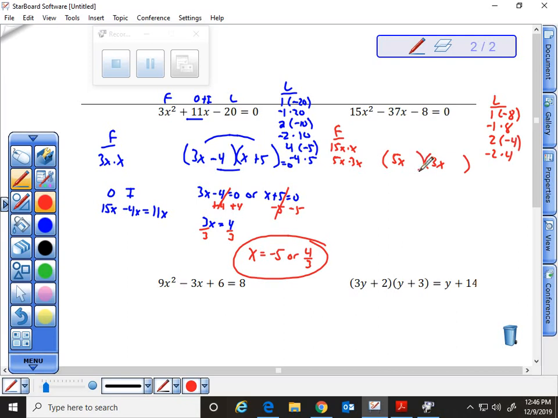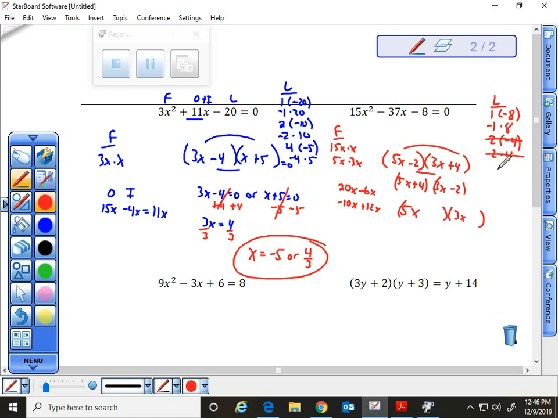Let's try the minus 2 and the plus 4 and see what I get. Looks like I get 20x minus 6x. That's 14x. That's not going to work. So if we tried 5x plus 4 and 3x minus 2, and let's see if that one works. And that's going to give me outside of negative 10x plus 12x. That gives me 2x, not 37. So it looks like that one's not going to work with the 2 and the 4, so I am going to try